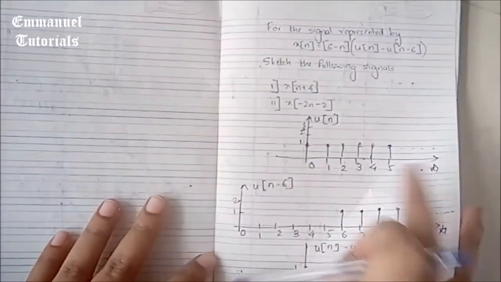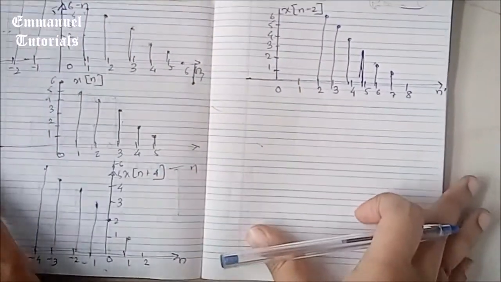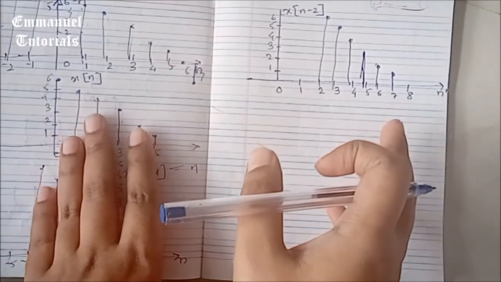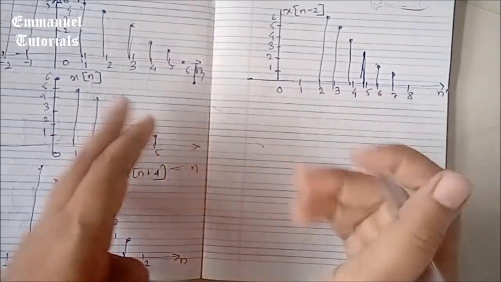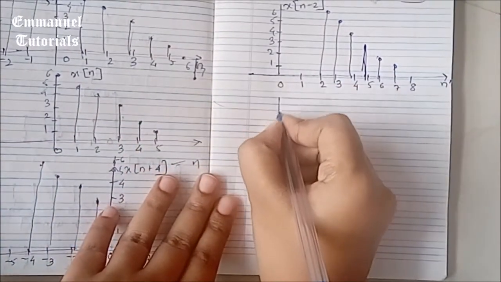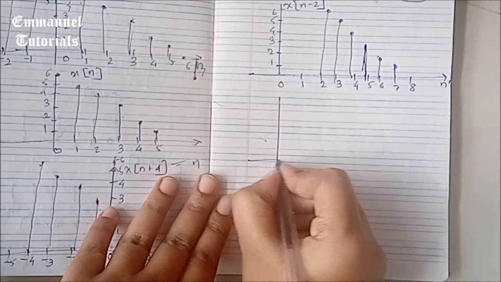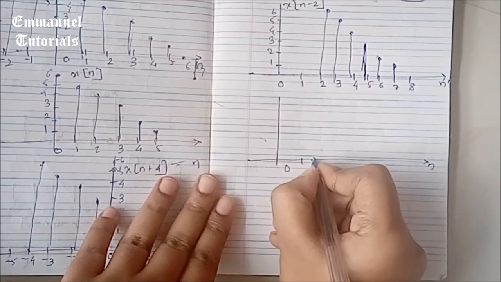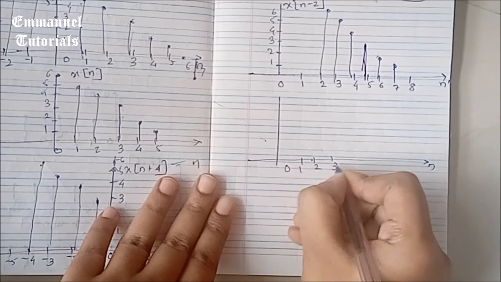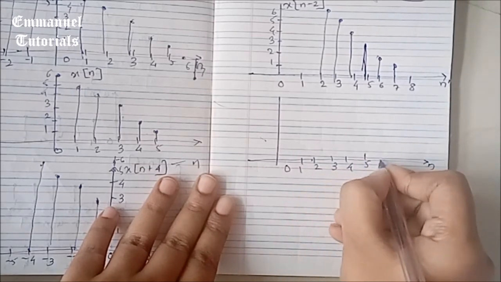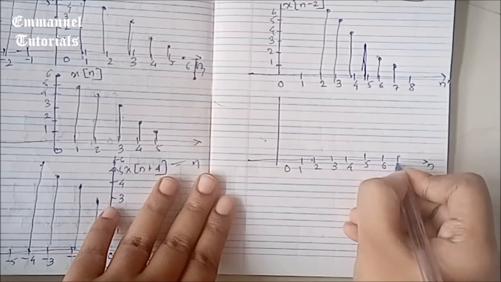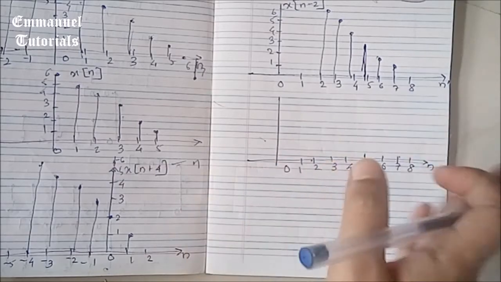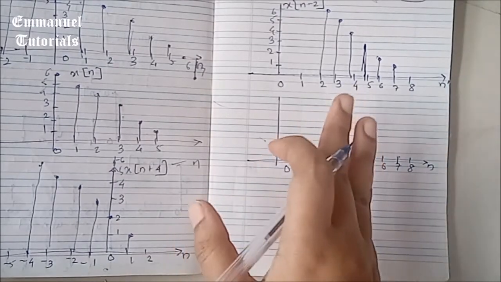Now we have to do time scaling by 2. Time scaling by 2 means the signal is going to be compressed because you're doing multiplication. So we'll do that. Now this is a little different from continuous time signals because the signals at intermediate points between integers do not appear. So what is going to happen, we'll just see.